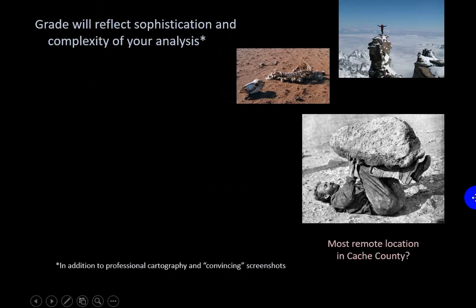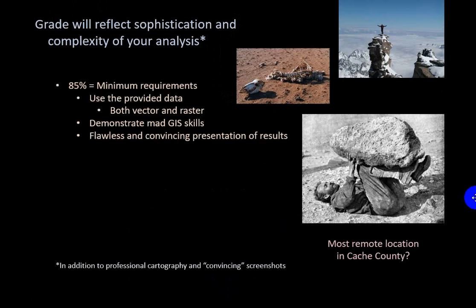Okay, complexity. There will be a bit of the grade that's just reserved for complexity of analysis. So I want you guys to understand this isn't like you get 100% if you turn something in and then I'm going to deduct points for little things that you've missed. If you meet those minimum requirements using vector and raster data, demonstrating your MAD skills, and make a beautiful map, meeting all those things, you can expect to earn 85% on the final project. I know this isn't Utah typical, but that's how we're going into this.